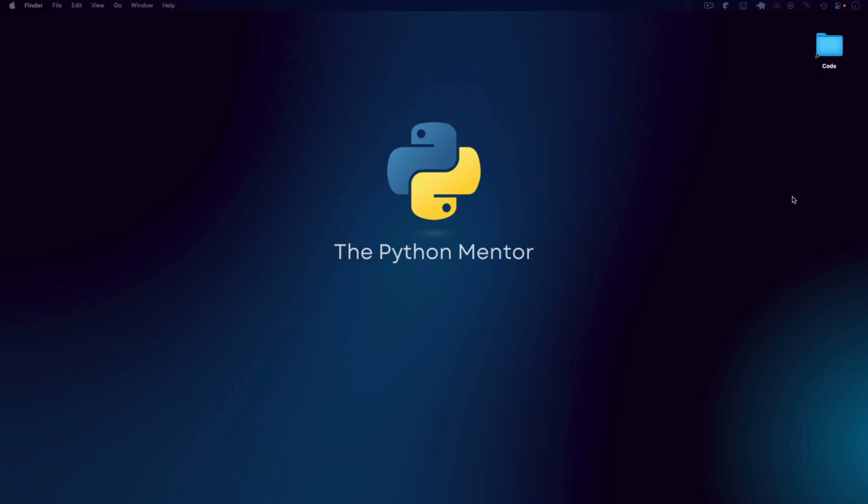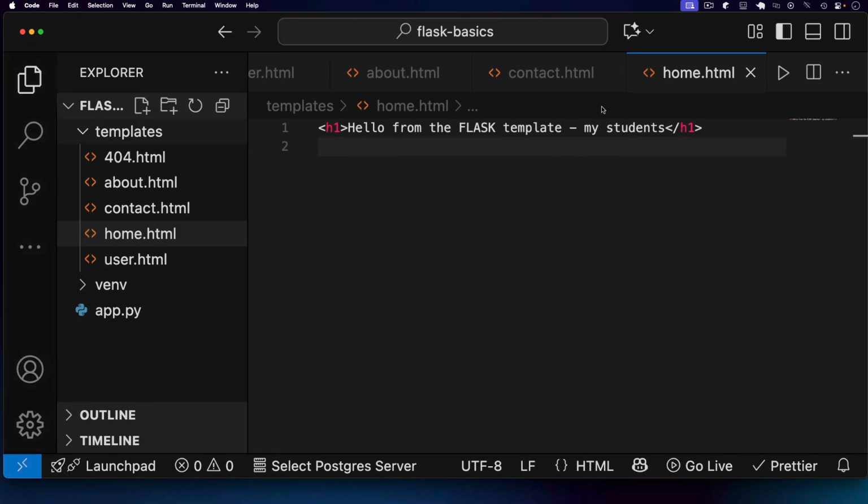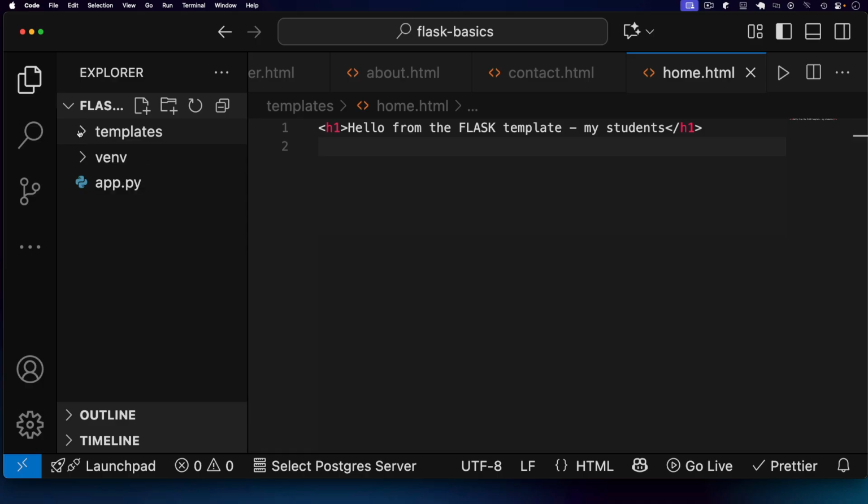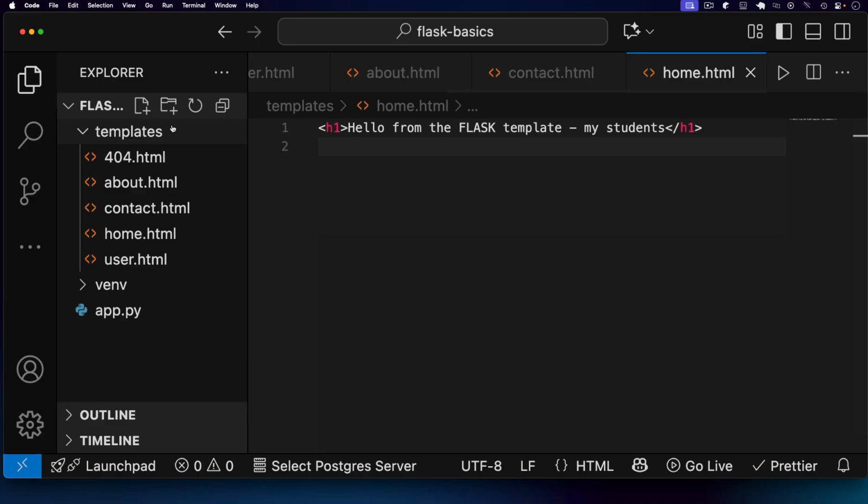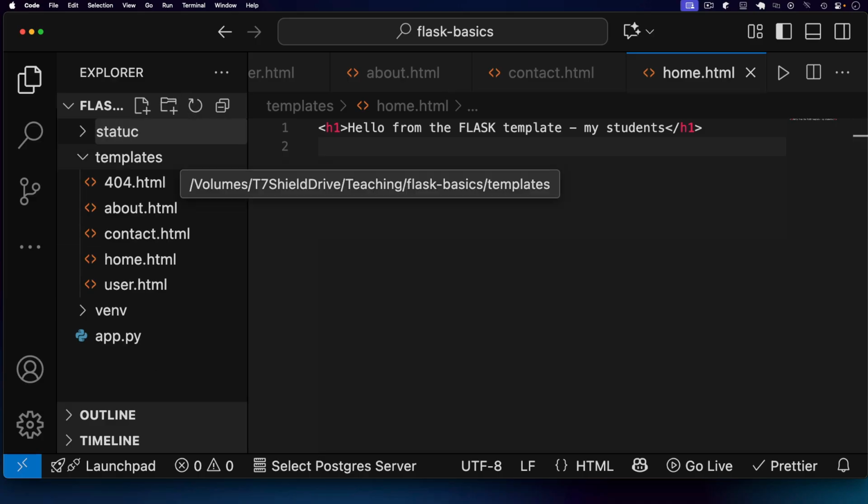So in this lecture, we're going to learn how Flask handles static files. And yes, in web frameworks, most of the time we're going to have the framework dealing with those files. Flask makes this very easy. Now, just like templates, Flask is expecting another folder for static files, and that folder name is actually static. All right, very simple. So I'm just going to create the static folder